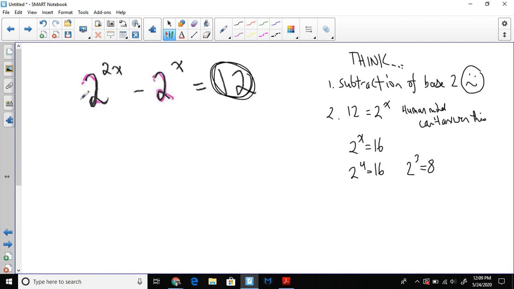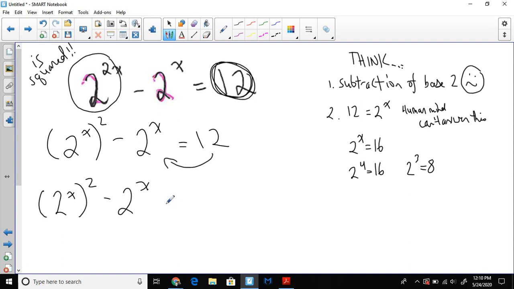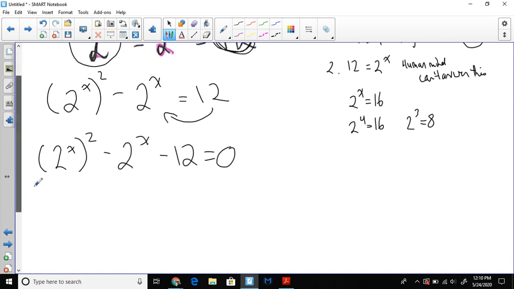So generally speaking, when I look at this thing, this is squared. Now, that is a good thing. So watch how I'm going to write this. I'm going to write this as 2 to the power of x squared minus 2 to the power of x equals 12. Now, I'm actually going to move this across. Because if you've been pondering what I just said, if this thing is squared, well, check it out. This whole equation